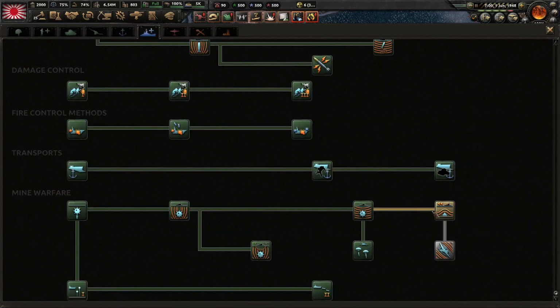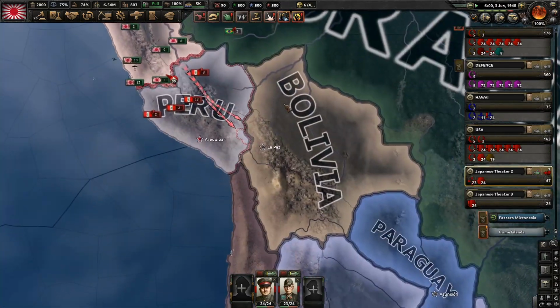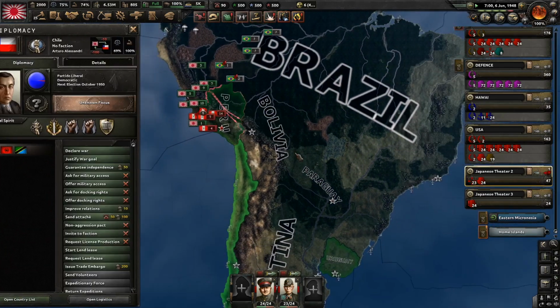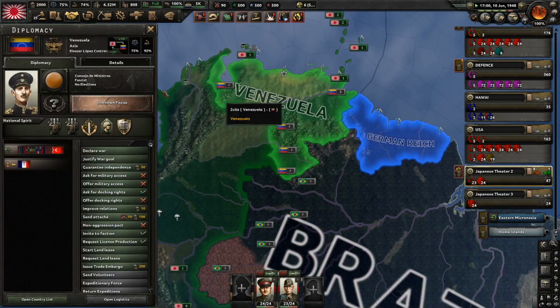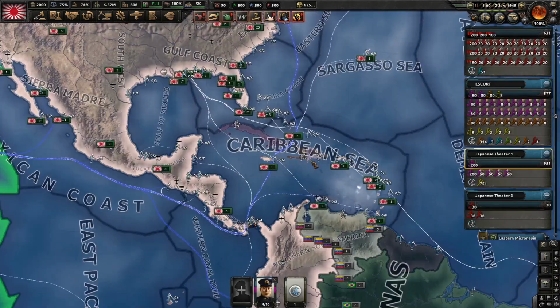We're doing that now is probably not the wisest bit. Bolivia, do you have an army? You don't. Good. Chile, do you have an army? You don't. Good. I think Venezuela doesn't have too much stuff. Right. Oh, what we should do